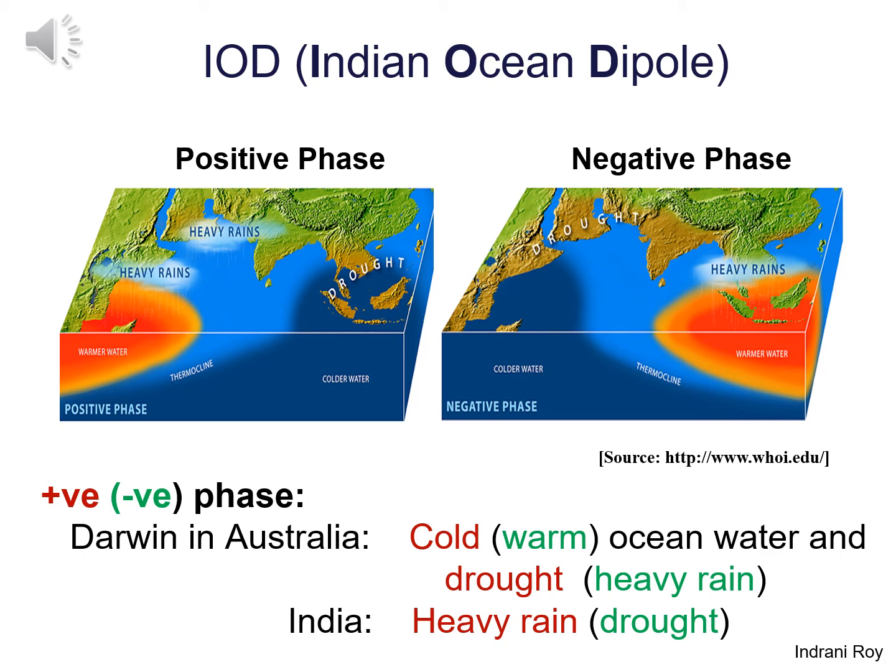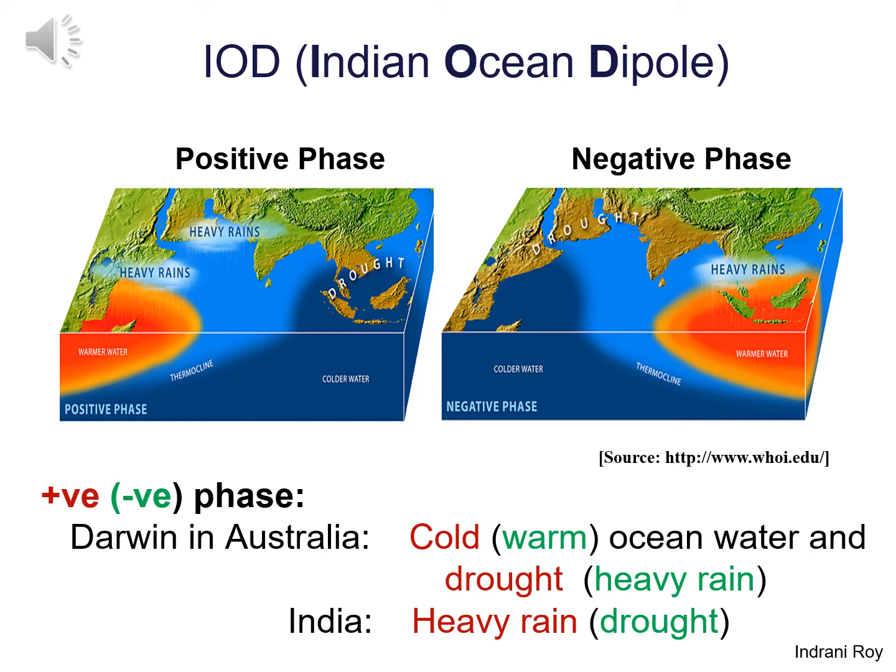Earlier, we discussed that ENSO has a strong influence on India as well as Australia. Here, I'm showing that the Indian Ocean Dipole, another major source of variability present in the Indian Ocean region, has a very strong influence in controlling weather and climate of those two countries. For positive phase, India, Australia and Africa, all three regions are affected in one way, while the effect is reverse for negative phase.